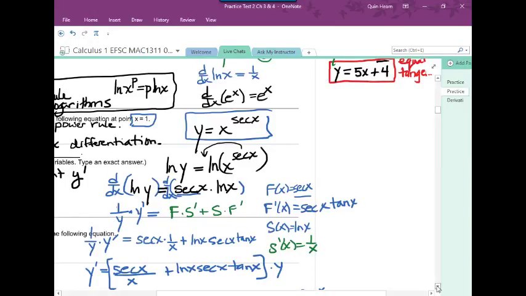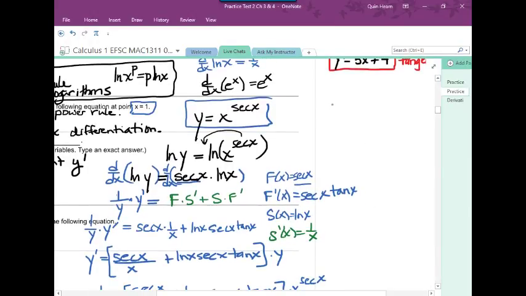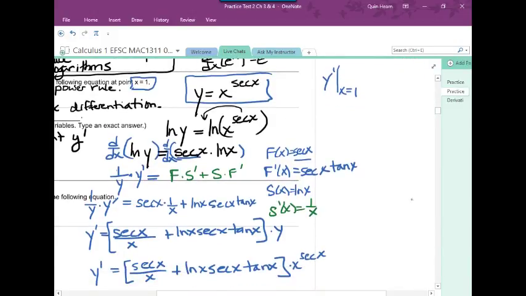So we've done step 1, we found the formula for slope, and now we're going to plug in x equals 1 into our derivative, y prime. We're going to evaluate it at x equals, not 0, 1 this time. That information was given to us in the problem that we wanted evaluated at 1. Okay, so we're going to plug that in for x. So we're going to have y prime evaluated at x equals 1 is going to be secant of 1 divided by 1, which is just secant of 1,